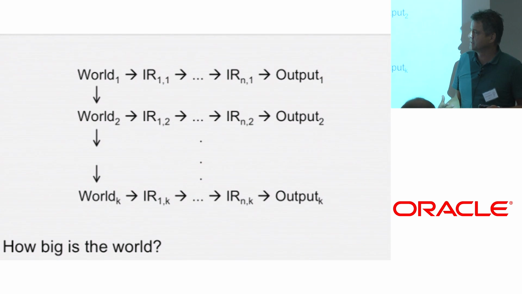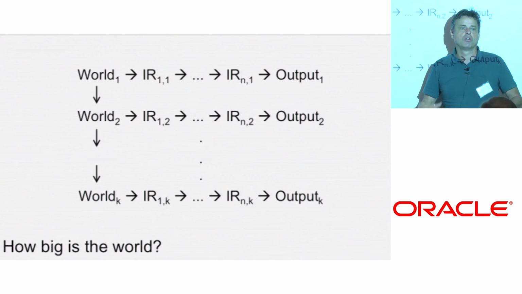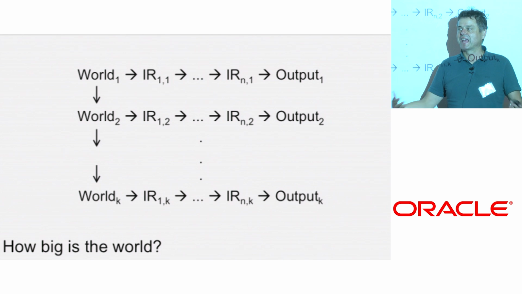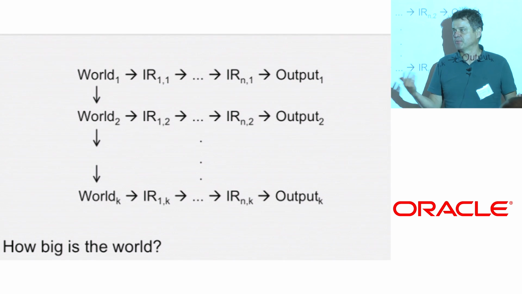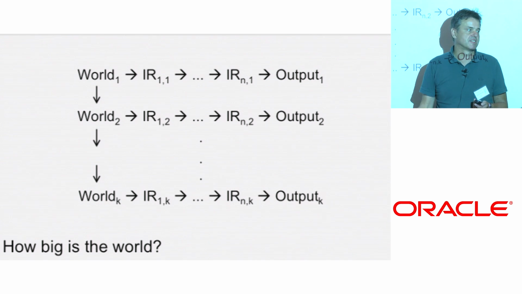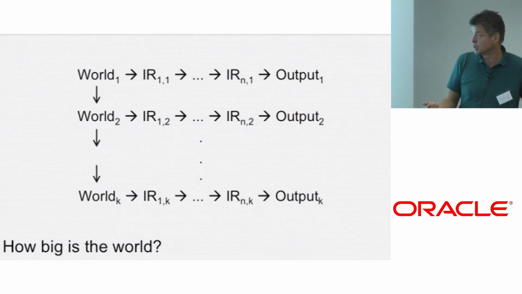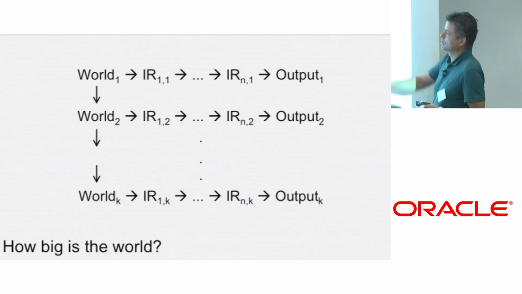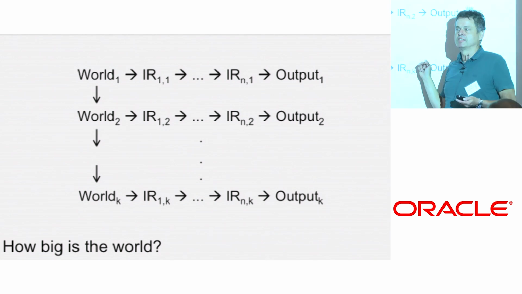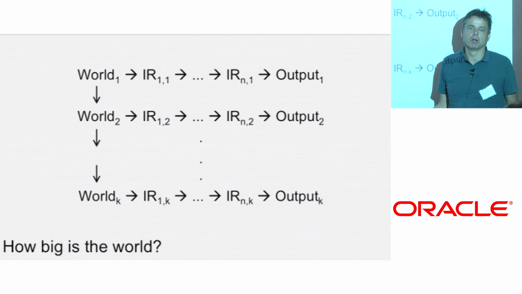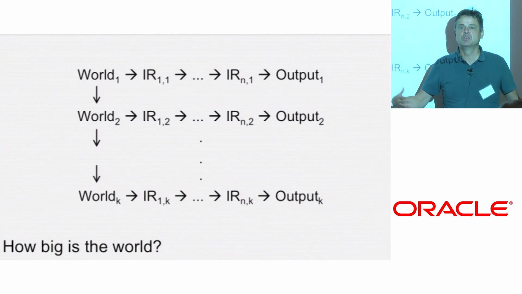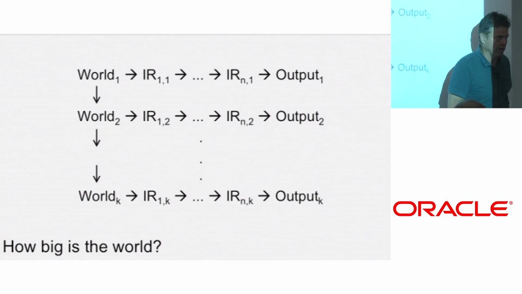The problem with that is that the world is all the functions that you can get at. The world can be very large. It can be as large as the internet if you have transitive dependencies to jars that can also change in different projects and things like that. So the world can be humongous, and that's why this model is not feasible. You can't use that as a basis of a compiler architecture.